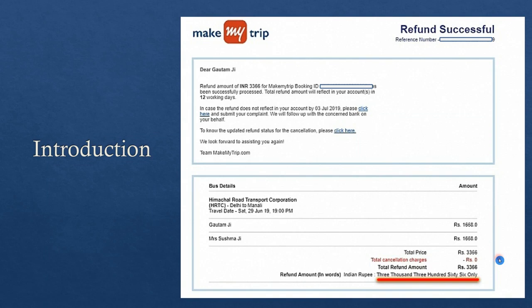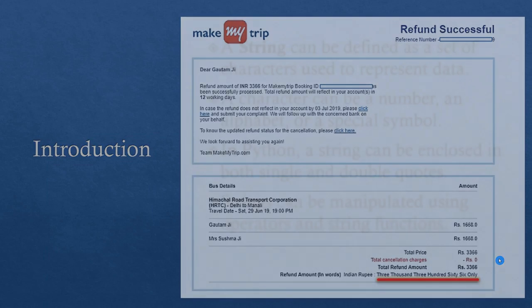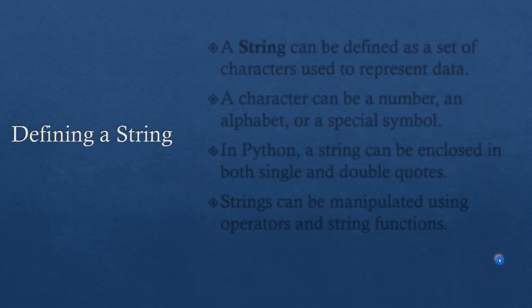Here, as we said at the beginning, string manipulation is nothing but working on your string, the text characters. Working means we can modify, delete, add, or even replace the string elements in a program. Next, we are going to see about defining a string.